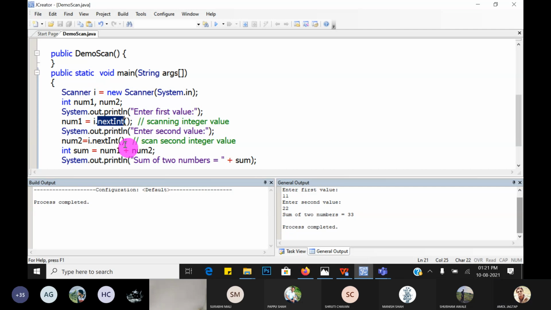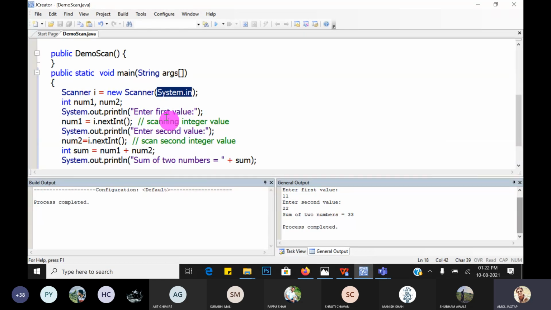When you create the object of the Scanner class, write Scanner, name of the object, is equal to new Scanner. This means it calls the constructor. The new keyword calls the constructor of that particular class and passes the argument to that constructor, that is System.in.